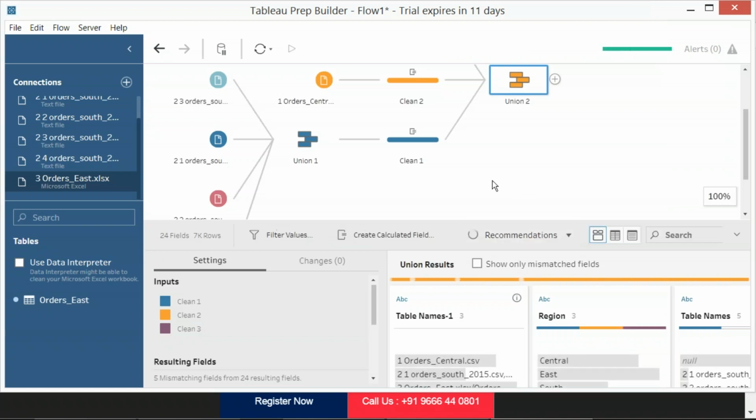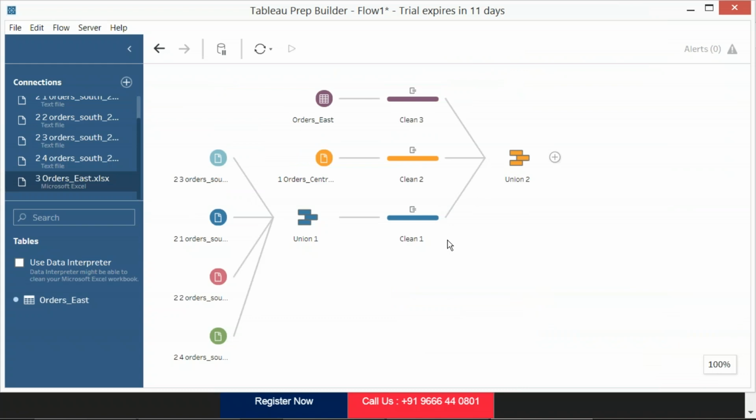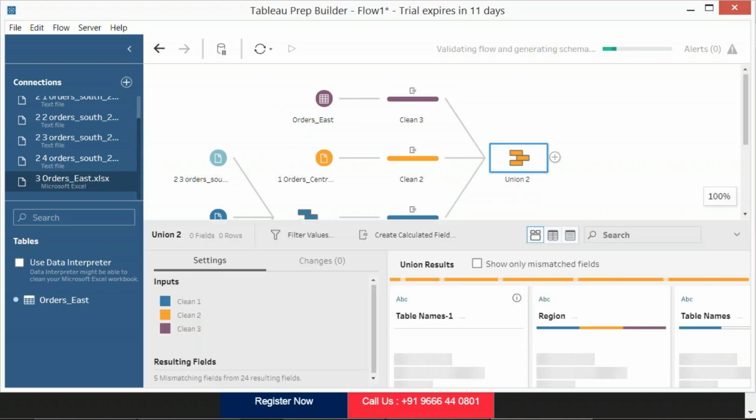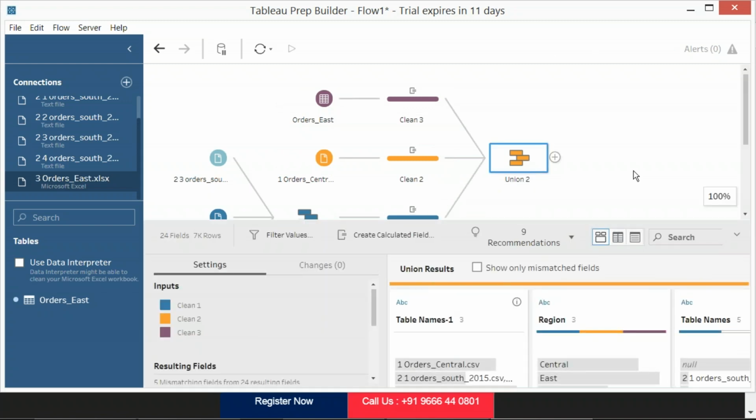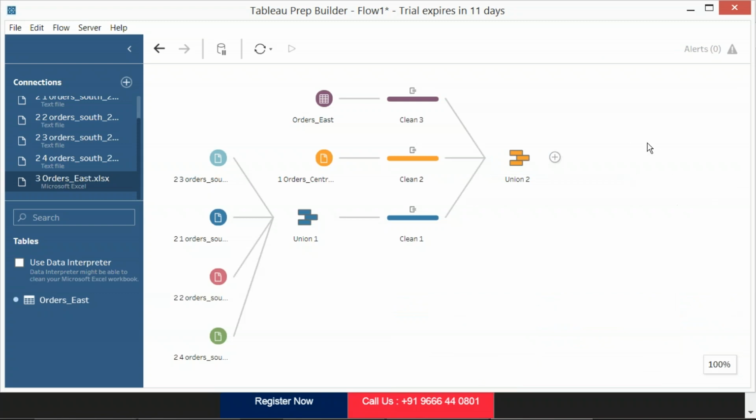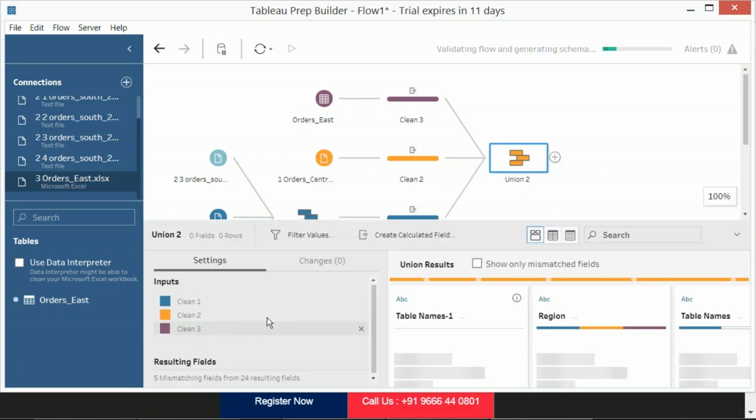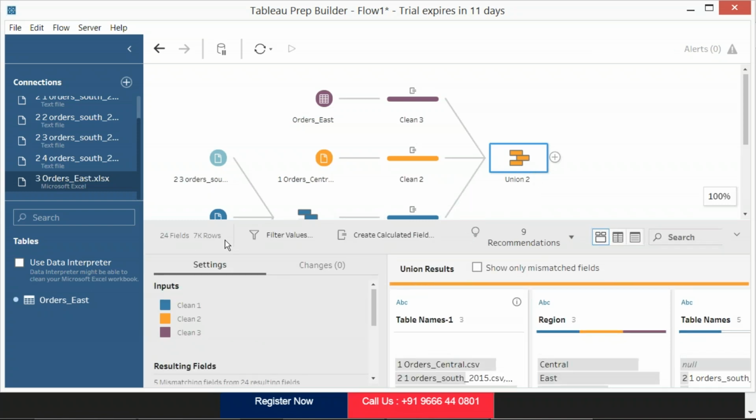Okay, let's wait for a few moments. Yes, now see there, friends. So you got south first level transformations and east, central second level transformations, and then we got this union. So we are ready. Click anywhere outside the white space to get a full screen view, or click on the respective transformation step to identify the respective transformation output.